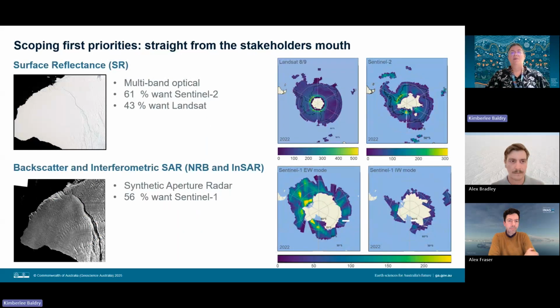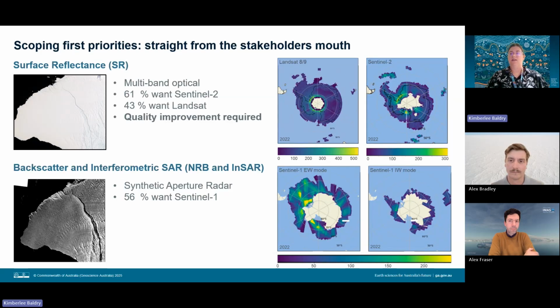To understand how to best support the needs of Australian government and Antarctic science, 2 years ago we conducted a scoping study with extensive stakeholder engagement. What we found was that the top priority for end users was to deliver optical surface reflectance and synthetic aperture radar backscatter data. Significant data quality improvements are required for the Landsat and Sentinel-2 datasets to make surface reflectance suitable for